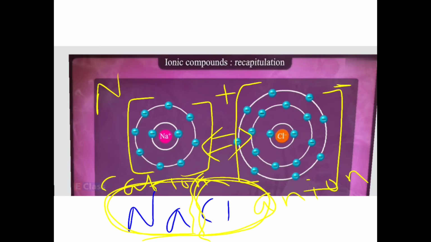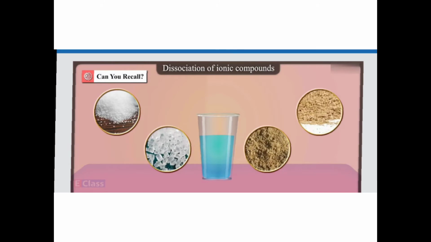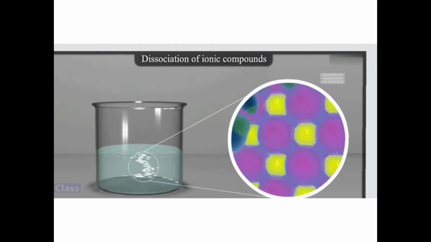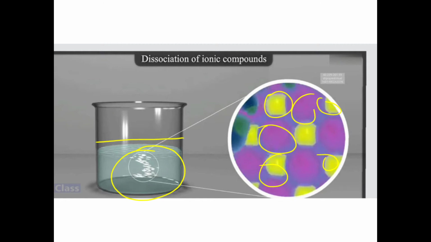Yes, they will be sodium ion and chlorine ion because they are already having it. Just that hand in hand things are not there, right? So when you see this, it is sodium chloride added in water. I'm just magnifying it. So children, here you can see that in between, now the water molecule has started entering.